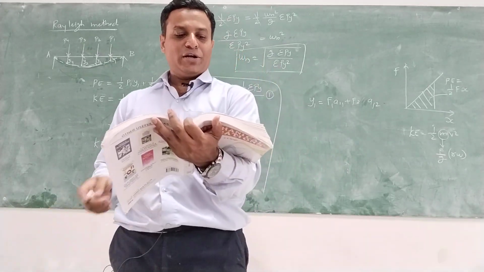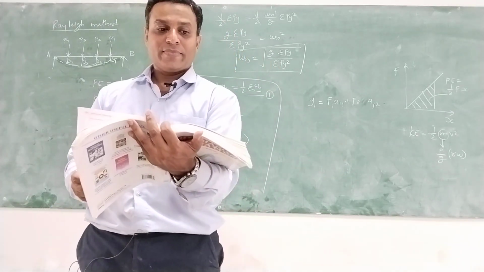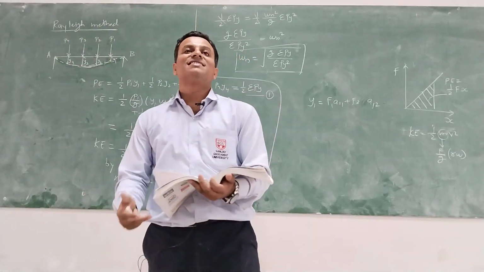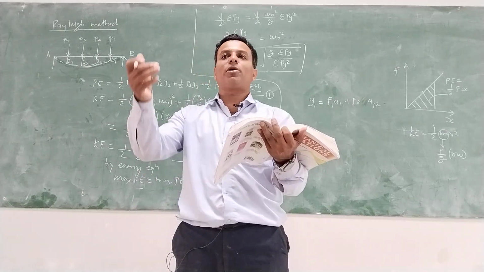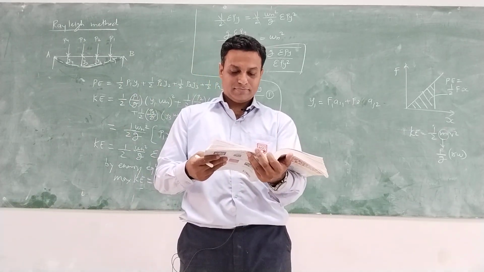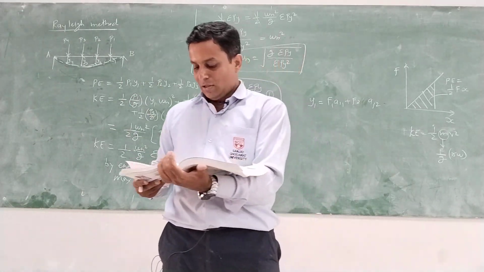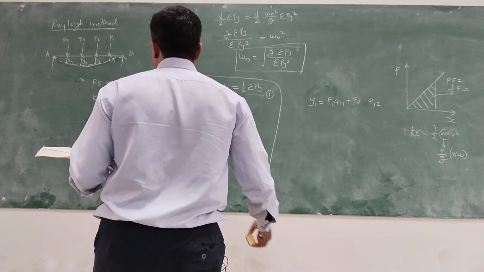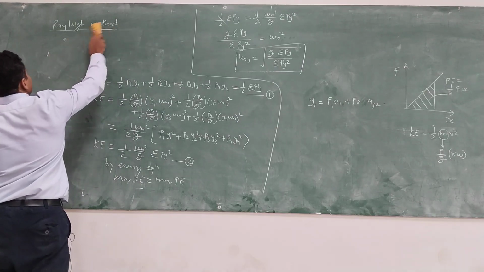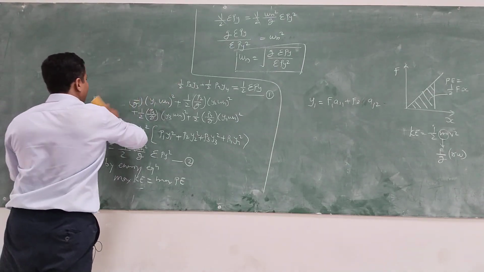Okay, we'll take one numerical on the Rayleigh's method for several degree of freedom, that is multi-degree of freedom system. Take the problem statement. Find the lowest natural frequency of vibration